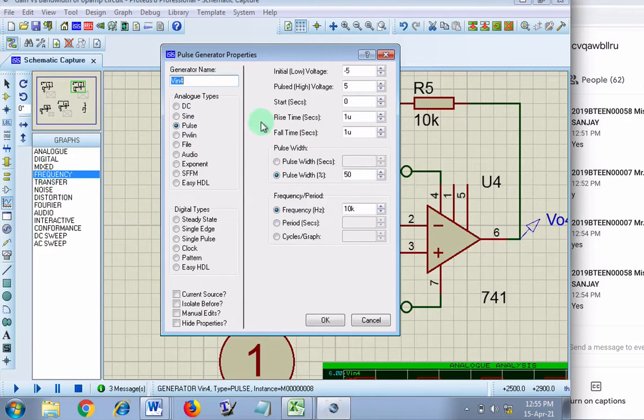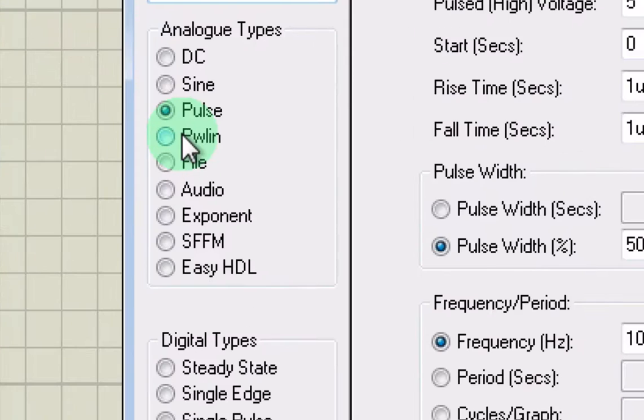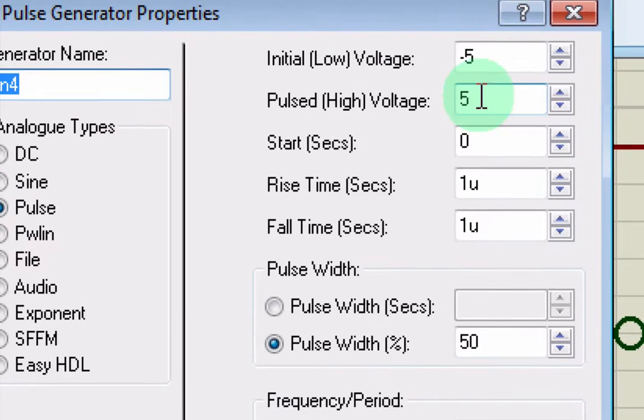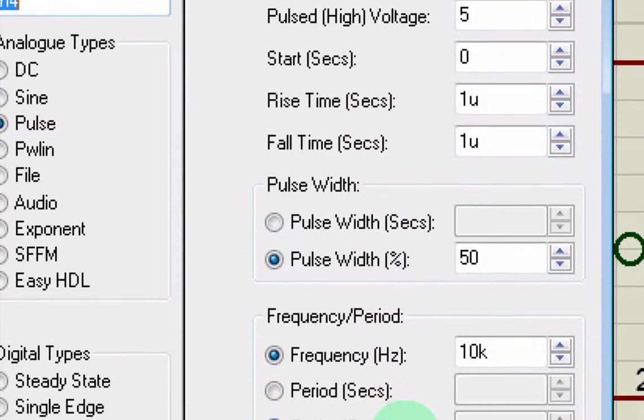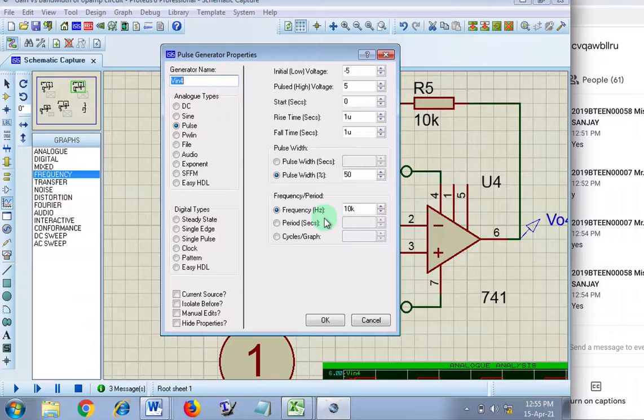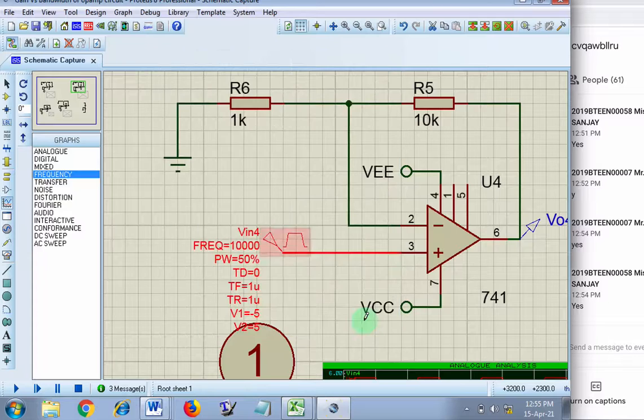The signal is a pulse waveform with initial voltage -5 to +5, that is square wave. Rise time by default is 1 micro. Pulse width is 50 percent, and frequency is 10 kilohertz. This is what I have given. Now if I do this, then